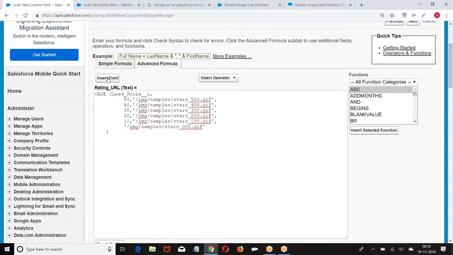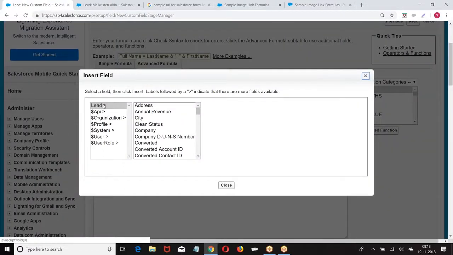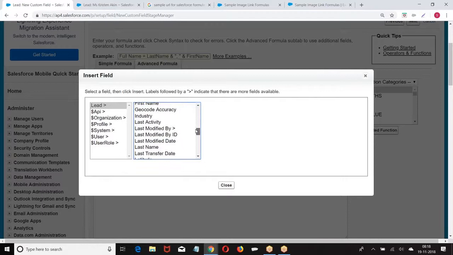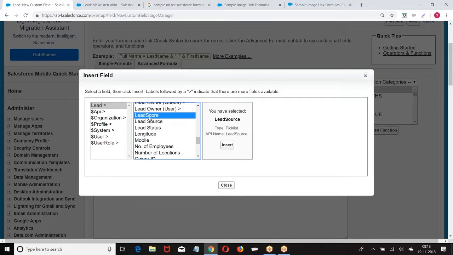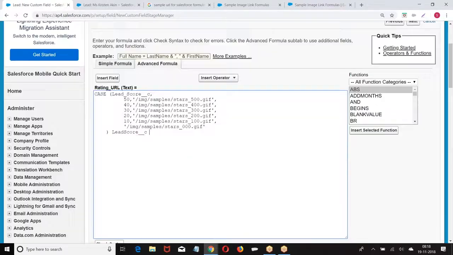If you don't remember the name of the field, insert the field, lead score. Right.